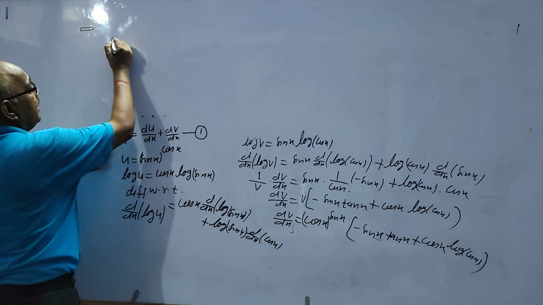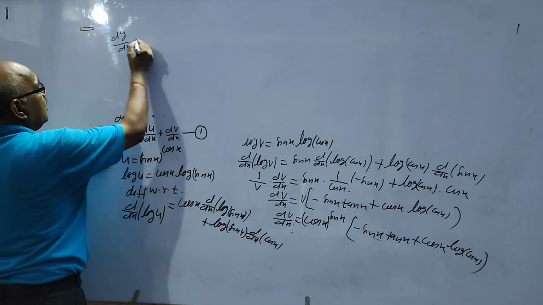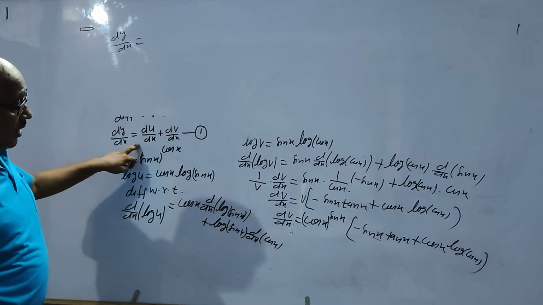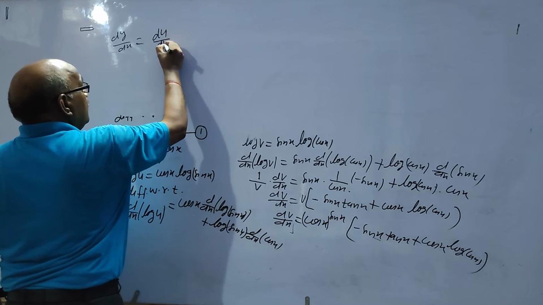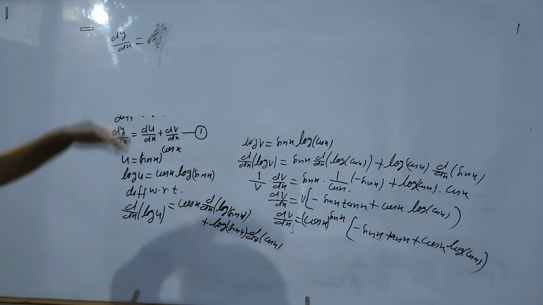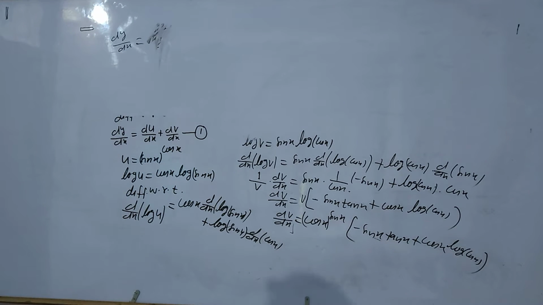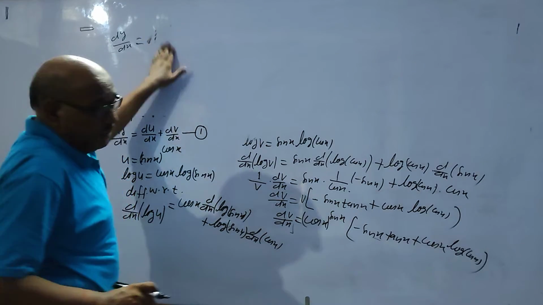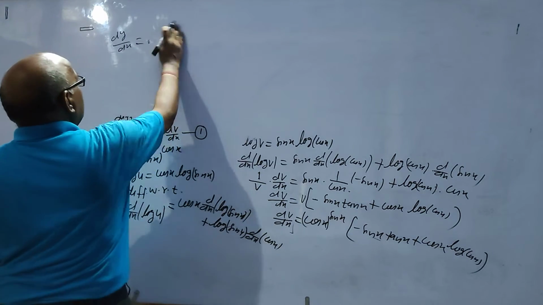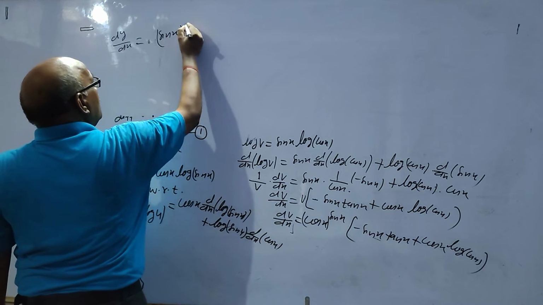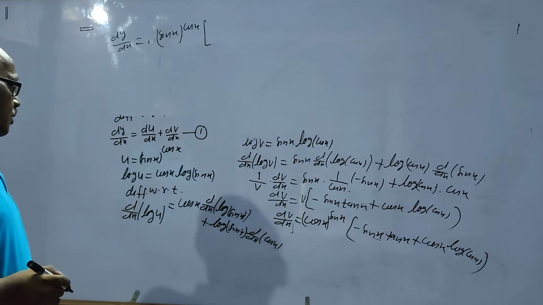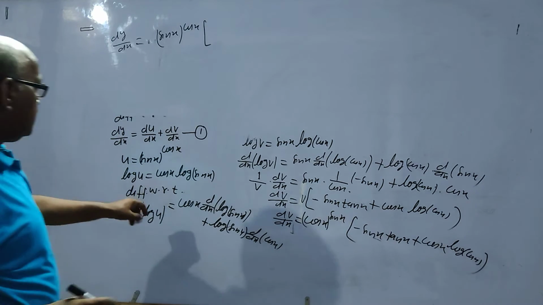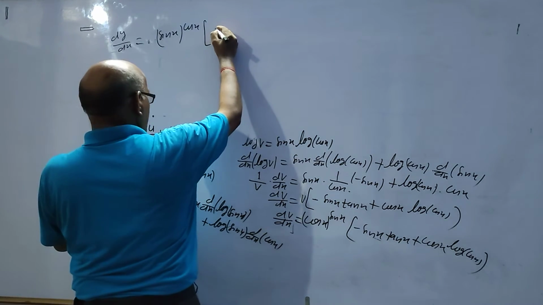dy over dx is equal to du over dx. What is du over dx? We have already found it roughly. So that is equal to, it is the function sin x to the power cos x, that is equal to sin x whole to the power cos x into sin x whole to the power cos x, so that is equal to cos x